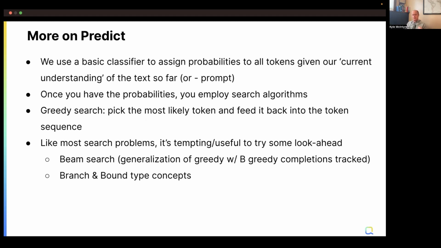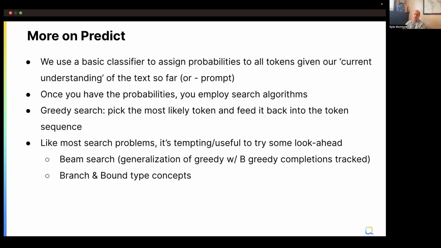There's a beam search, which is like greedy search, but instead of just taking the single most likely thing, you keep track of, say, the 3 most likely things and feed all 3 of those back. It's like you read the text and you now see the 3 most likely completions. So now make 3 copies of your text, assuming you added each of the 3 most likely words, and then see what their respective most likely words are. So you're considering 3 futures. And these are just different forms of look ahead to make the search smarter, to potentially produce a better text completion at the end.